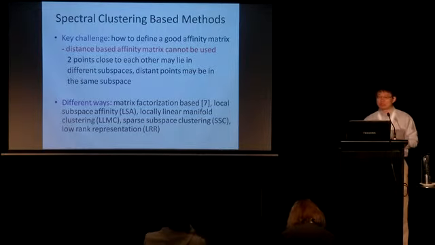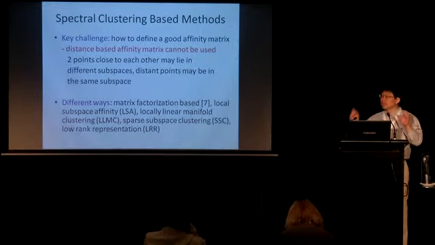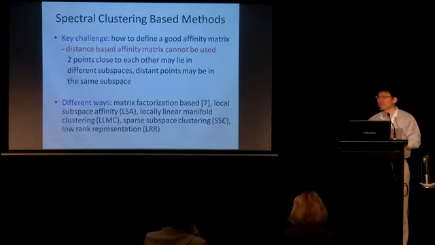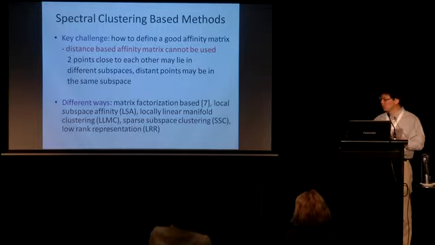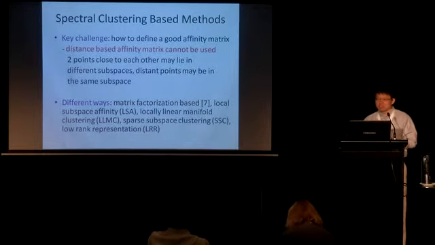There is a key challenge for spectral clustering-based methods. That is how to define a good affinity matrix. Oftentimes, in data mining, people make use of distance-based affinity matrix. But in subspace clustering, this is not so good. Oftentimes, it cannot work well. This is because 2 points may be close in distance, but they can belong to 2 different subspaces. And vice versa, 2 points may be remote in distance, but they can belong to the same subspace. So there are different ways to define the affinity matrix. For example, using a matrix factorization method, local subspace affinity, LSA, locally linear manifold clustering, sparse subspace clustering, SSC, and